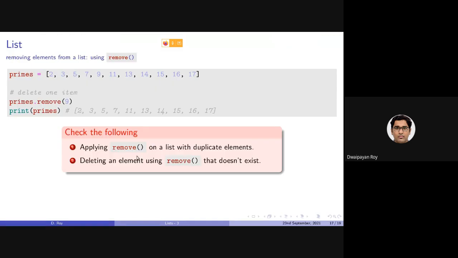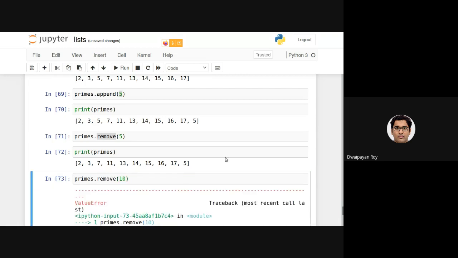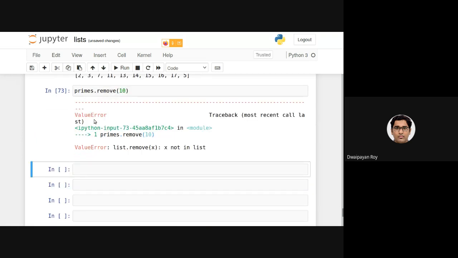Now, the next thing to check is, what if we want to delete an item which does not exist in the list? What if I want to remove, say, 10? Now, if I execute this, it will be an error. It will be a value error. As you can see, x is not in the list.